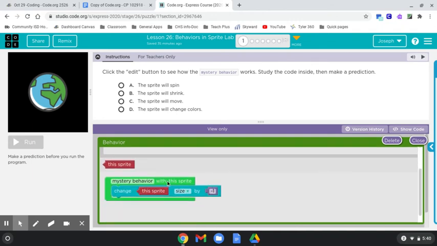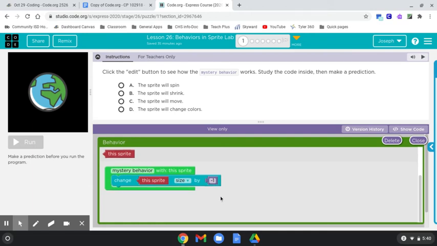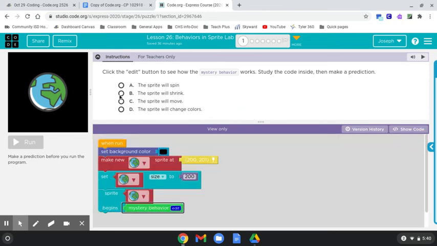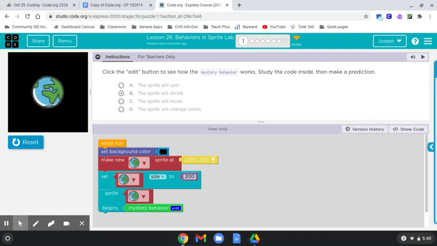Mystery behavior with this sprite, change this sprite size by -1. So if we're dealing with math, it's going to shrink. And it's not going to shrink a lot, but it's going to shrink. So I'm going to close this and I'll answer the question. It will shrink, and I punch run, and sure enough, oh okay. So basically it's just going to keep fading in and out or fading out as if you're